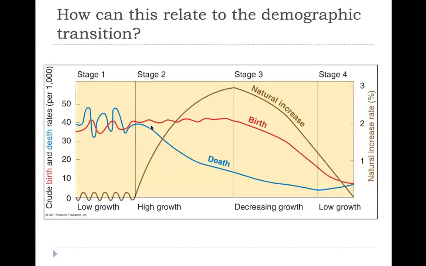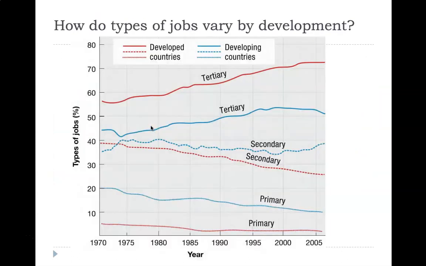So how does this relate to the DTM, or the demographic transition model, from chapter 2? Note that basically stage 2 is going to be your developing countries. Remember, there are no countries in stage 1. Stage 3 are going to be your newly industrialized countries. And stage 4 are going to be your developed, or MDCs. Right? If we start looking at where jobs exist, we do see primary sector jobs are falling across the board